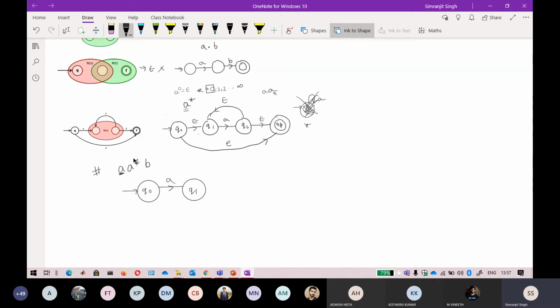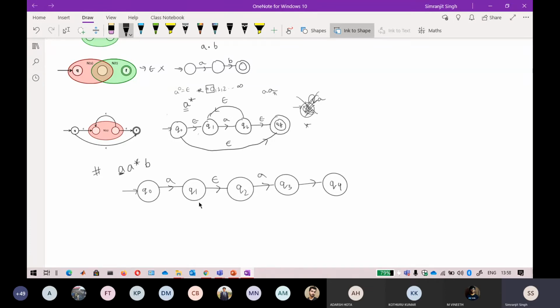This is the application of star. I will again copy and paste this from here. It will go towards Q2, then read A here, go towards Q3, and then towards Q4. Because there is a B also here, this cannot be the final state.